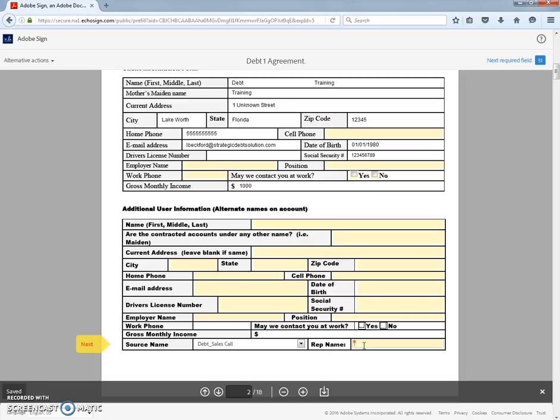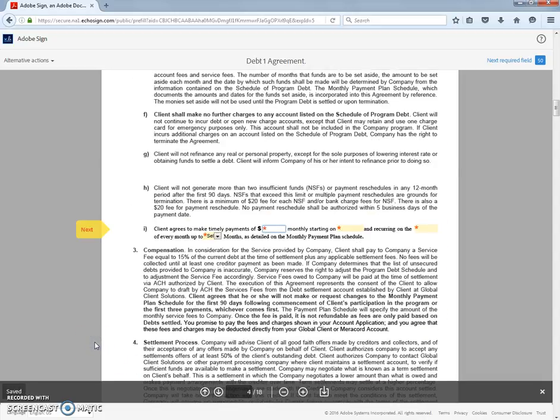It also requires for you to enter the representative's name. In our case, we'll go ahead and use. Okay, once that is done, we're going to go ahead and click on Next. It will take you directly to the other areas. And if you notice, the numbers keep decreasing here. Alright, we're going to go ahead and enter